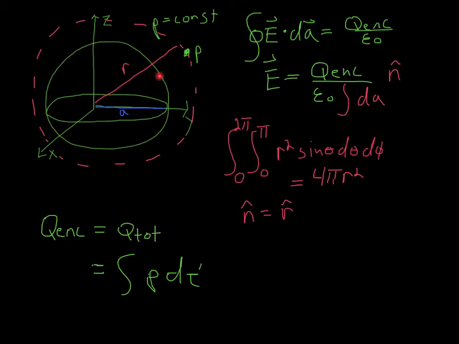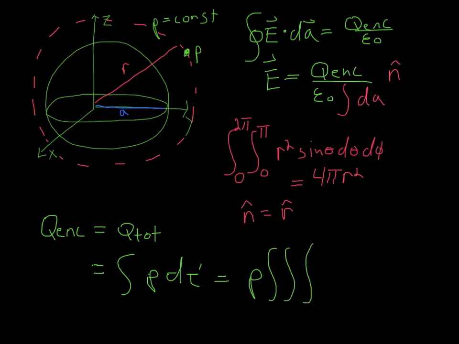I could keep integrating all the way out to my surface, but guess what? There's no charge in between the green and the dashed line. So for this case here, this is just going to be rho, and it's going to be the triple integral, again in spherical coordinates. Why don't we just write it down? I was going to skip it, but